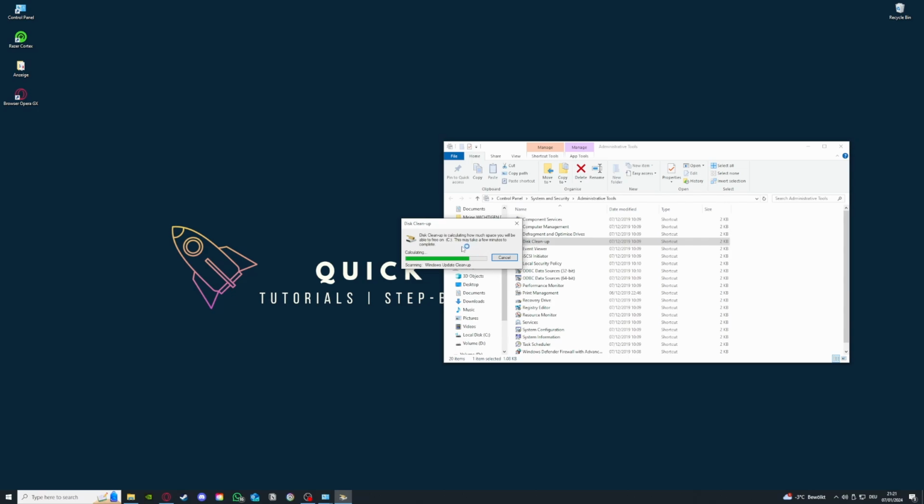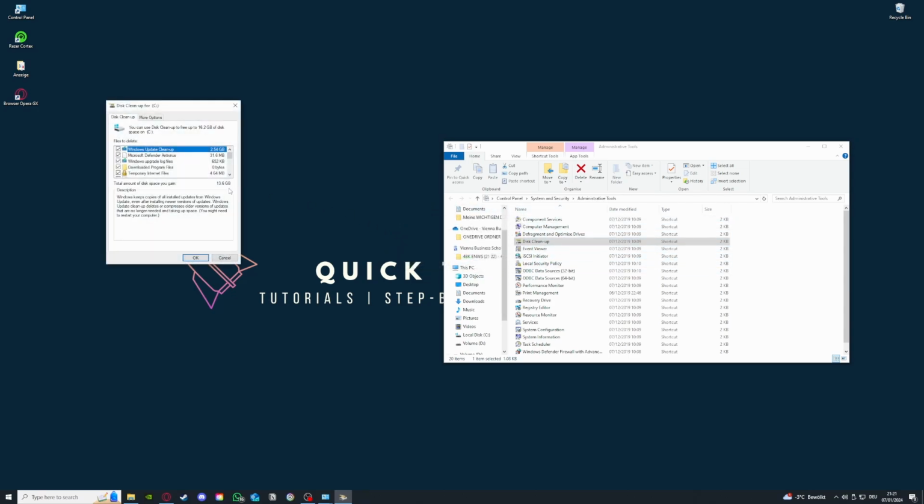And as you see with your SSD, there is a lot more to select. So I'm just gonna go over that for a second. So you see, especially my Windows Update cleanup is very big. So we definitely want to select this, and basically you can select whatever you want here,